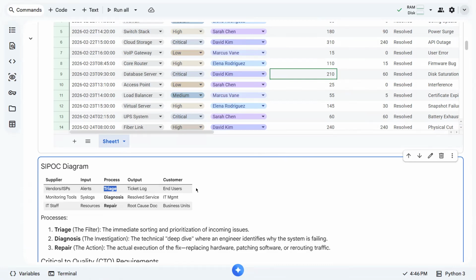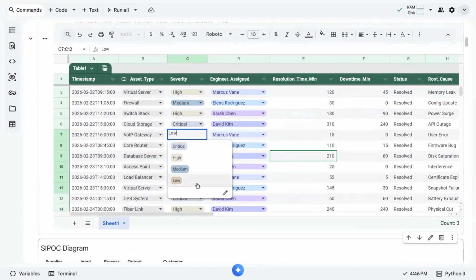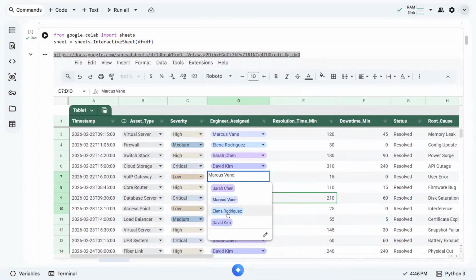Once we have the alert, we create a ticket, and we assign whether it's low, medium, high, critical, right? And we can assign it to the engineer in charge.